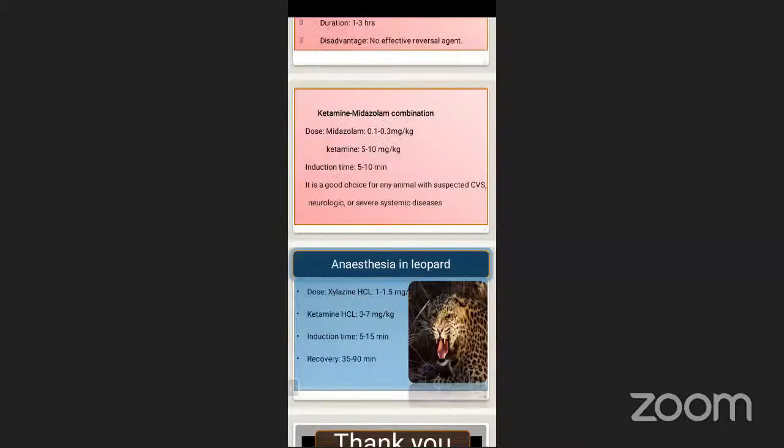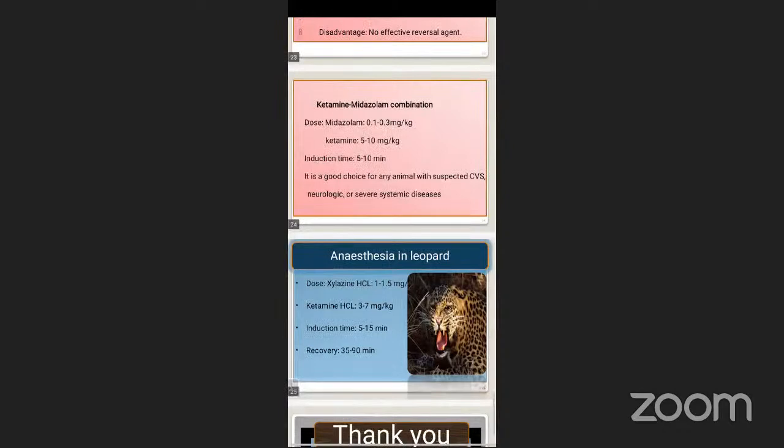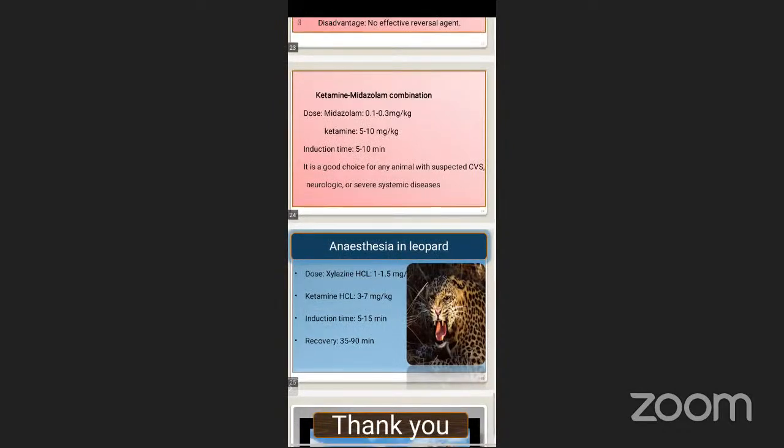5 to 10 milligram per kg. Induction time is 5 to 10 minutes. It is a good choice for any animal with different neurological and severe disabilities. Anesthesia method is also the same as